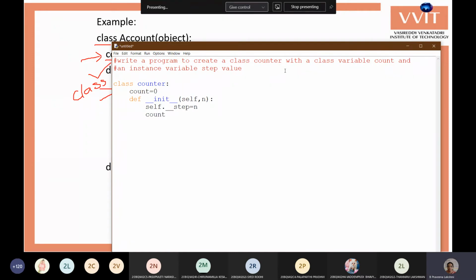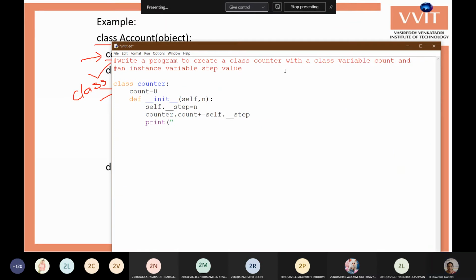Now I will increment the count by the step value. I just want to show one private variable as an instance variable and the count variable as our class variable. Okay, now we'll print those two variables.